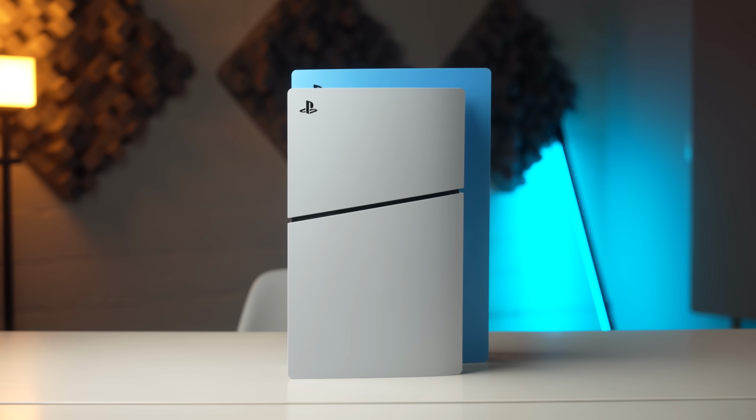And this works out the same as far as how it feels to use in day-to-day life. The fan noise on it isn't really any different. It's basically the same as it was in the original. Maybe the pitch sounds a little bit higher to me, but that might also just be dust in the older fan affecting how it works on my old PlayStation 5. The thermals aren't affected in any kind of way that's affecting the performance of the system. Same Wi-Fi connectivity. There's really no changes as far as performance of these systems go,